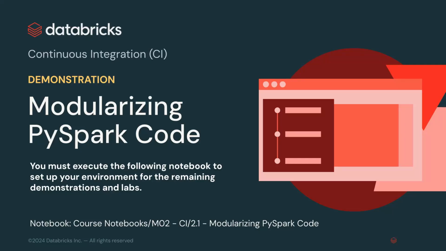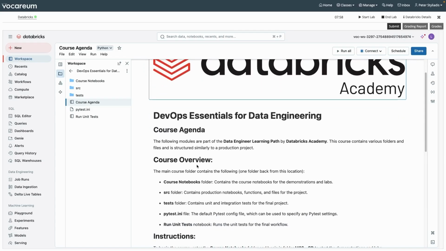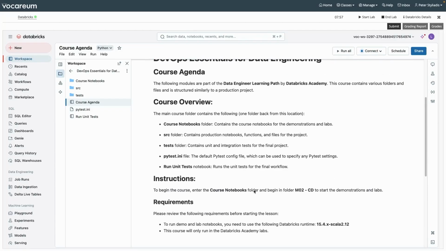It should start you on the course agenda page. Here, we will see a couple folders. We have the course notebooks, the source, and the test. And we'll dive into these throughout this course in the demos and labs. But to start, you'll want to go into course notebooks, and for this first demo,